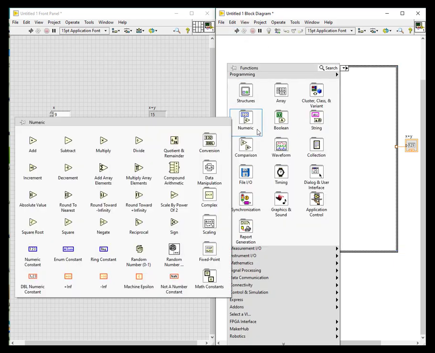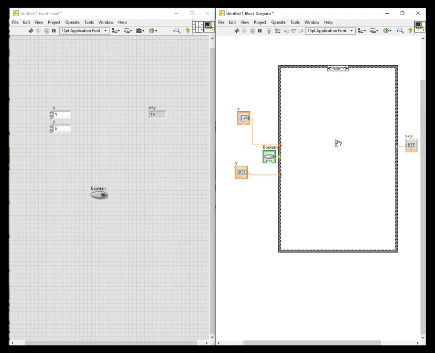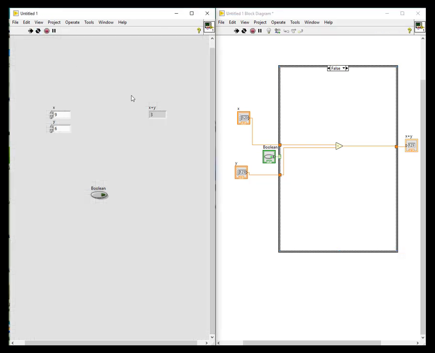So go to numeric and just click. I just want to take subtract from here and add up here. You just have to connect these things. Don't take any other inputs or new inputs. You just have to connect these things to the subtract here. So now you can see that there are no errors, and I just run it continuously, and I can see